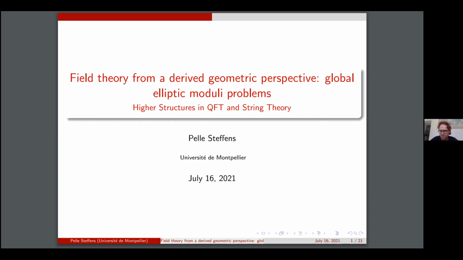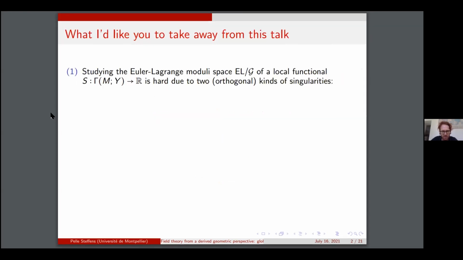All right. So I am going to talk about some ideas in derived geometry, some ideas in field theory. Essentially, what I will do is repeat some of the things Alban said, but much slower, and go into less depth, but we'll see how far we go. If there's anything I would like you to take away from this talk, it is the following idea. What's going to happen in the following 4 slides? If this doesn't make much sense to you, that's fine, because the talk will be essentially about defining what is going on